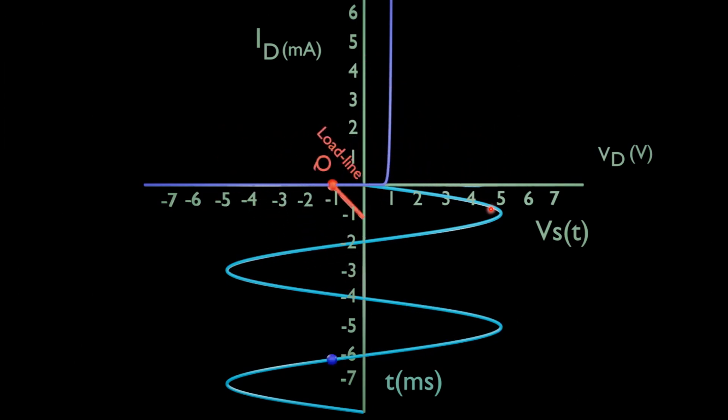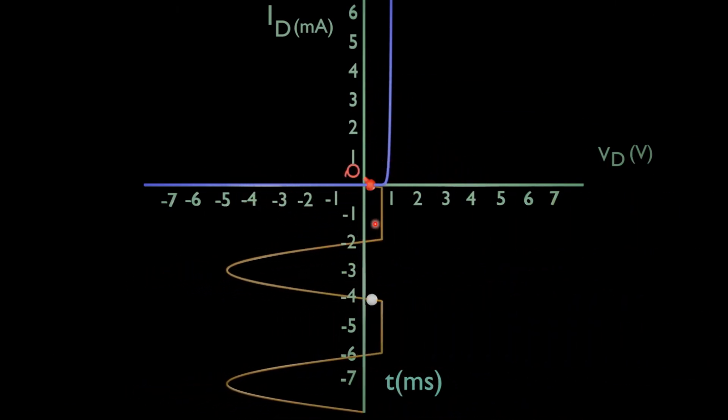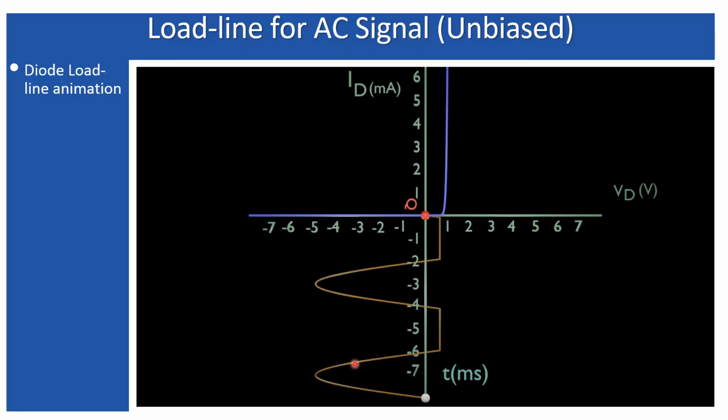For the forward half, the positive half cycle of the input voltage, the diode will be in forward bias, and a forward bias diode gets a smaller amount of voltage drop across it. This is the small amount of voltage dropped across the diode in forward bias. But in reverse bias, for the negative half cycle of the input voltage, the entire voltage gets dropped across the diode, because later in my lectures I will explain that a negative or reverse bias diode can be treated as an open circuit. That means a reverse bias diode can be replaced by an open circuit.